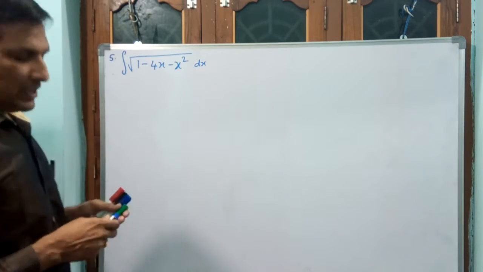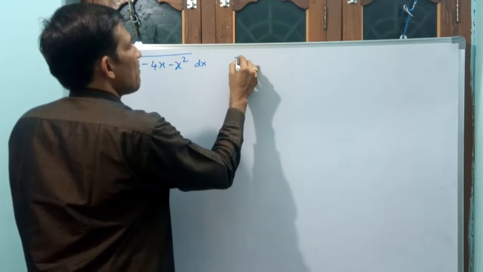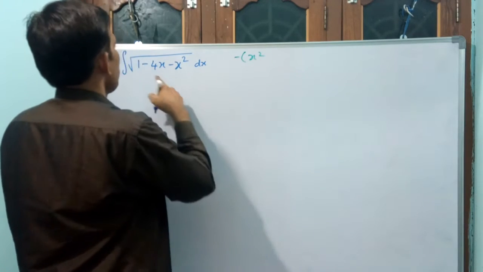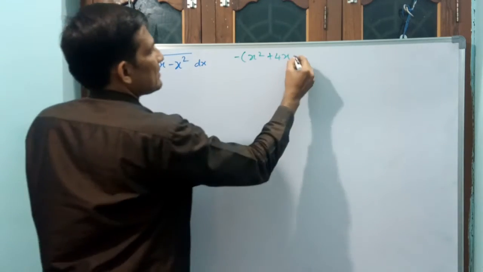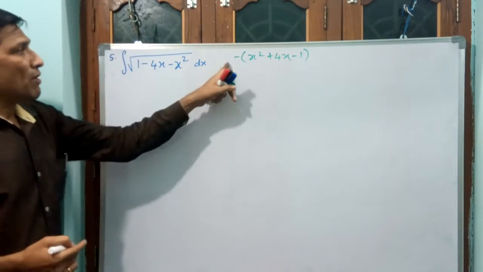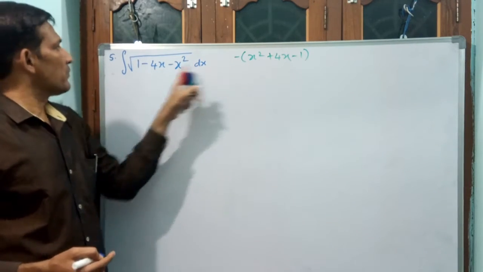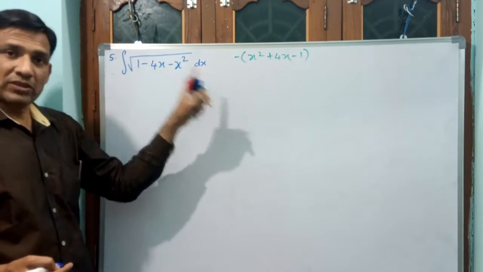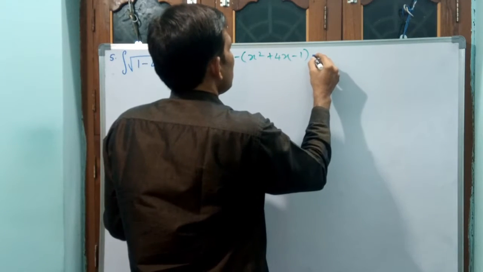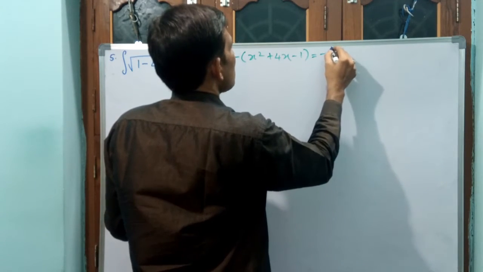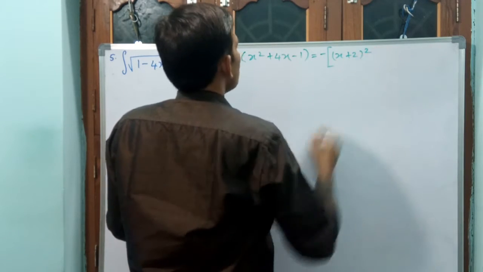Okay. See what I am doing is x square has got minus. That means what I am writing, you see, minus x square, 4x also minus, plus 4x, 1 is plus, minus 1. Is it okay? First you see, minus of minus plus 1, plus 1. Minus of 4x, minus 4x, minus x square. Is it okay? Okay. Now I want to, what can I say, change this, you see, is equal to minus of, you see, x plus 2 whole square.